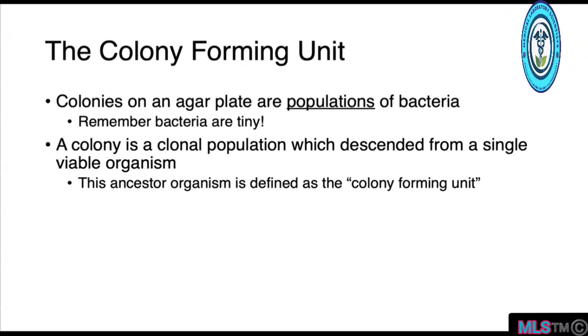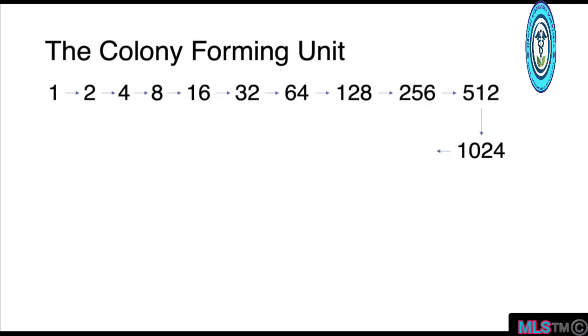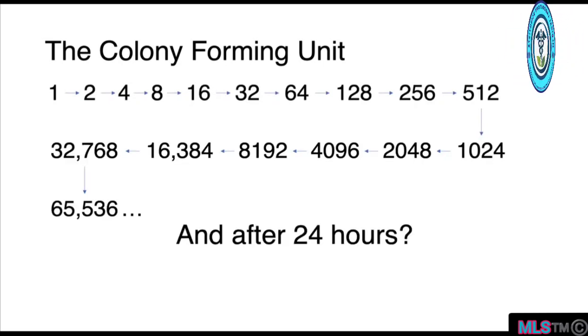So how do we go from one colony forming unit, which is invisible, to a colony that we can actually see with our naked eye? Well, if we consider a single colony forming unit allowed to grow without any restrictions, doubling every 20 minutes, that population is going to grow quite rapidly. And after 24 hours, we're going to have an astronomical number of organisms that are certainly going to be visible